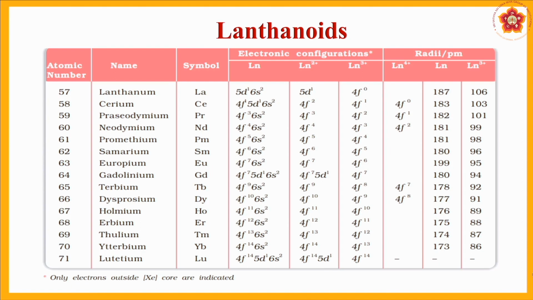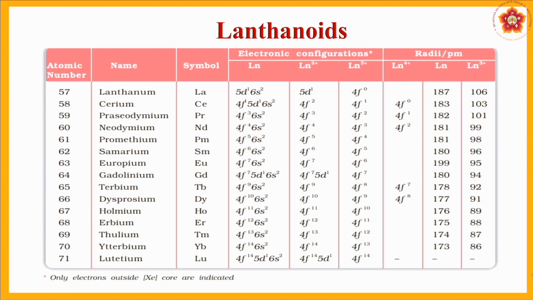You are able to see that lanthanum has 5d1 6s2, and then after lanthanum you are slowly filling the 4f orbitals which are seen there. You can see that after cerium, which is 4f1 5d1 6s2, the next one actually goes directly to 4f3. There is no 4f2 because the 5d and 4f orbitals are very near to each other. Their energy considerations are quite near. So therefore, in these cases, the stabilities are not exactly like the way we used to study in d block elements.